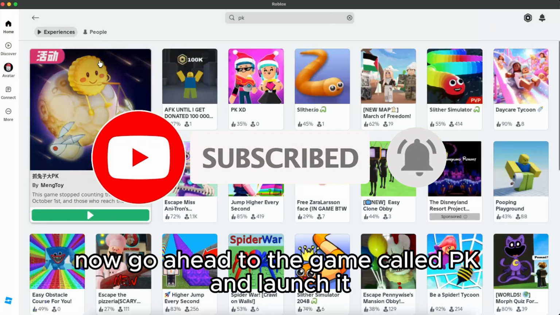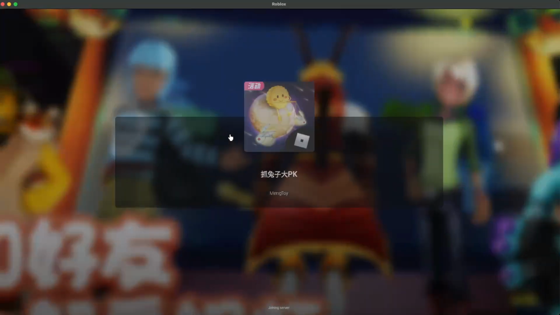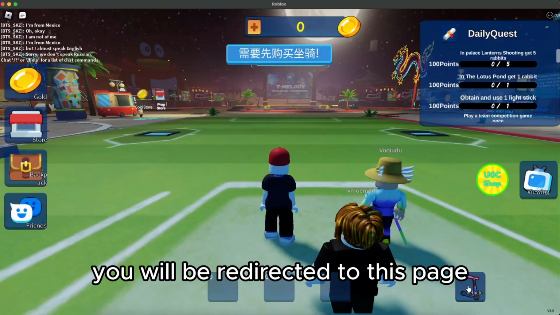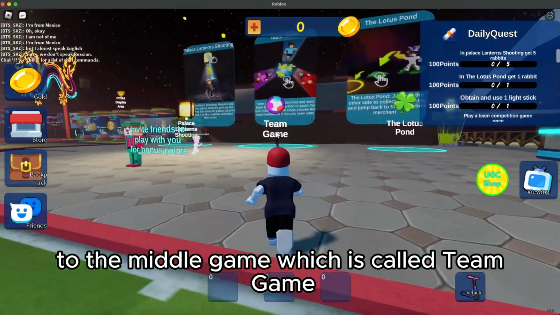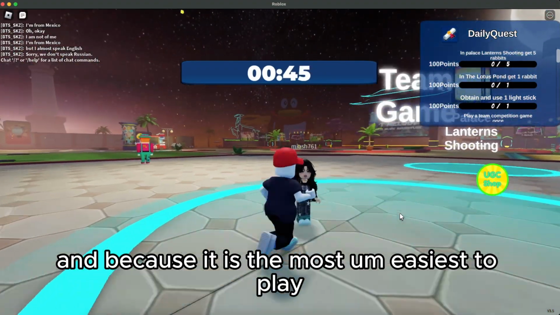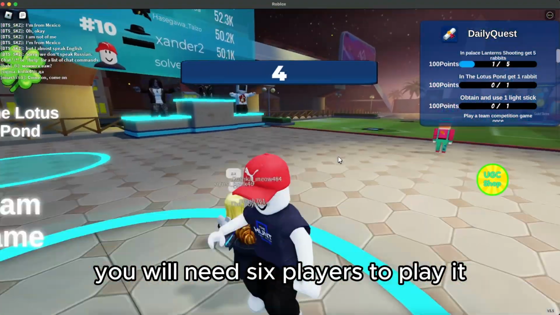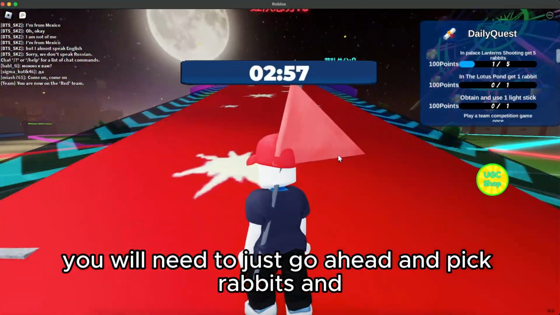Now, go ahead to the game called PK and launch it. Once you launch it, you will be redirected to this page, and you want to go ahead to the middle game, which is called Team Game, because it is the easiest to play. You will need 6 players to play it, and basically you will need to just go ahead and pick rabbits,